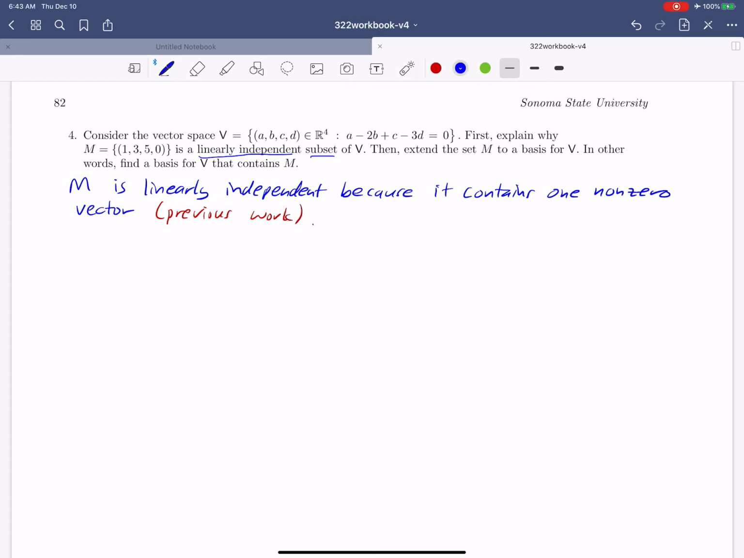So what about the other part of what they're asking us to show? They want us to convince ourselves that this is a subset of V. What would it take to convince ourselves that this vector, (1, 3, 5, 0), is really in V? Well, to be in V, that vector has to satisfy this equation. So all we really need to check is to see if that's a true statement with this particular vector that we're talking about. All right, so we claim